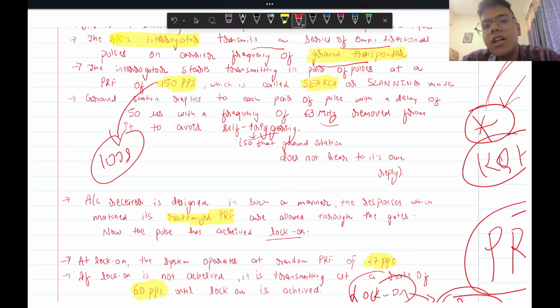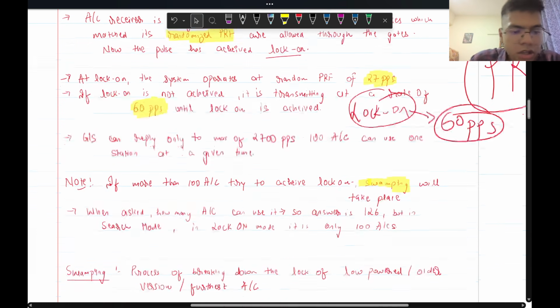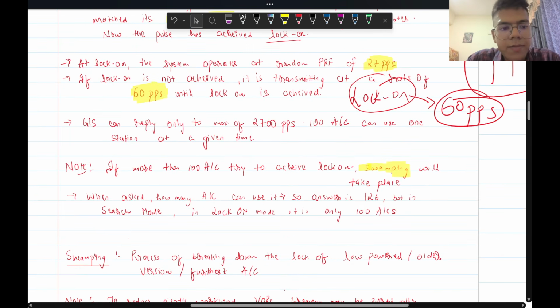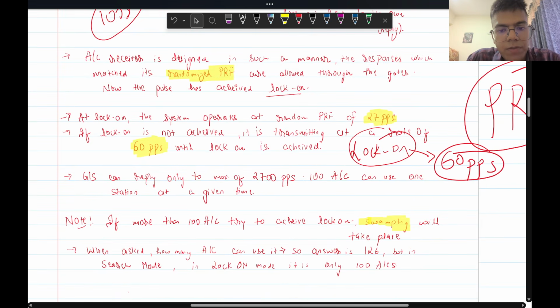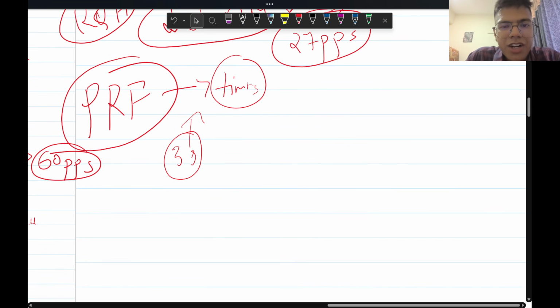इन द केस अगर मान लो लॉक ऑन अचीव नहीं हुआ, या aircraft is unable to find its VOR station, its DME station or VOR station, so in that case it will reduce its pulses to 60 pulses per second। समझ आ गया? सब क्लियर हो गया ना? सो यार दिस इज द थिंग।